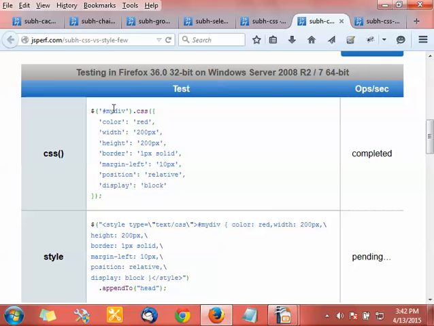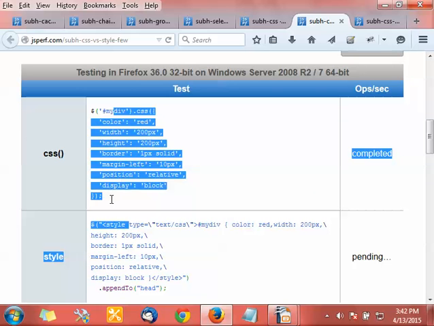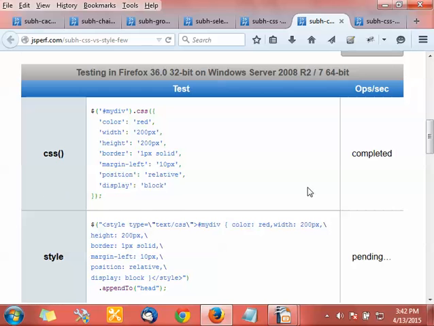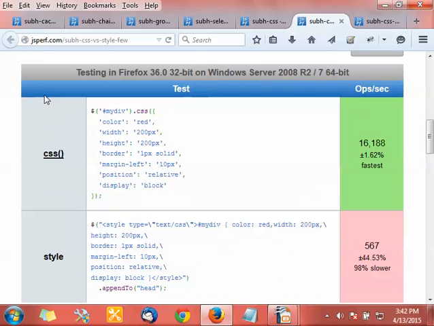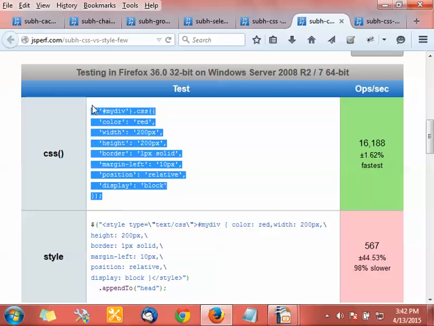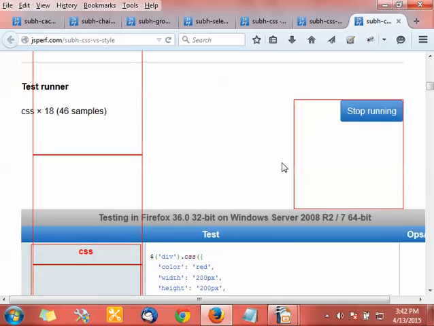Even I think this one will give you a better result. First one. Yeah, the first one is giving a better result because this is only one element. So this gives you a better result when you have only one element, very few elements. But when you have more than 20 elements,